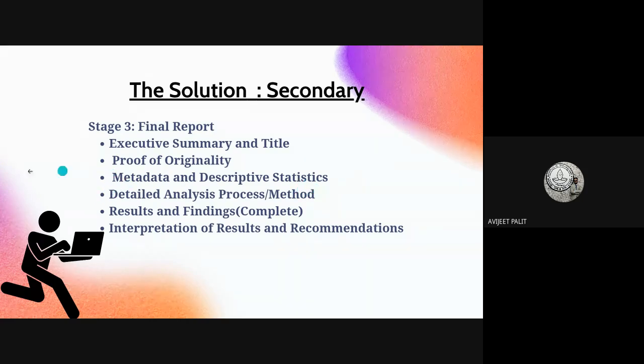Obviously, as it is a secondary route, the primary analysis is almost always available with the data archives you connect to. So there is no meaning in conducting any primary analysis. Just go directly and conduct your final analysis to get your results. Whatever final analysis you have done, put it there, justify it, establish the rationale, put how you are doing it and what these methods are. Then put your results and findings, the same as discussed before, and then the interpretation of results and recommendation.